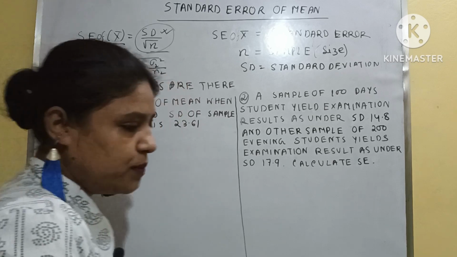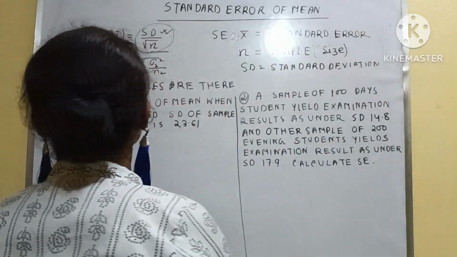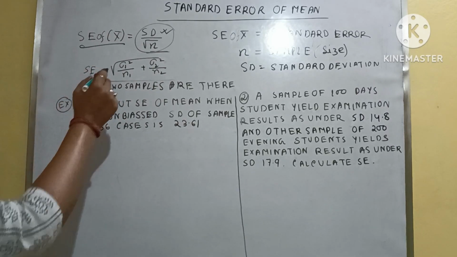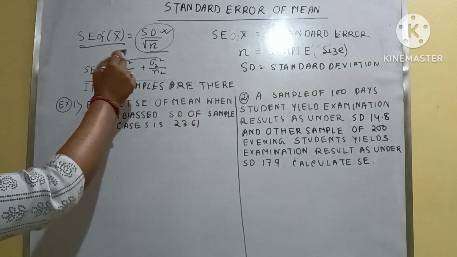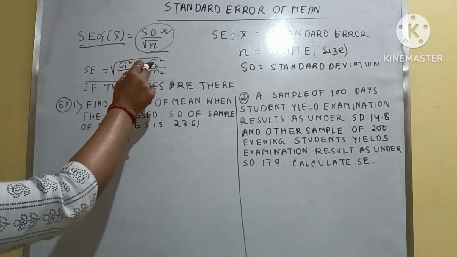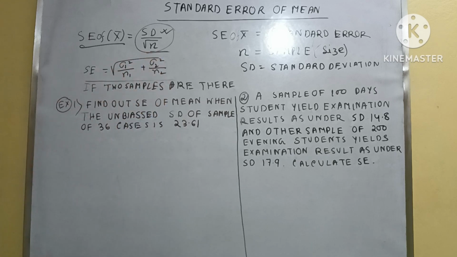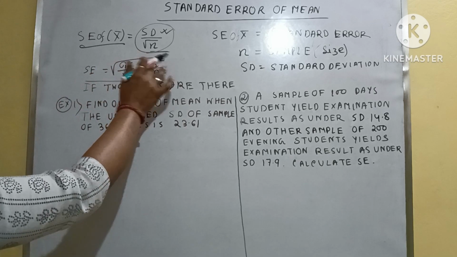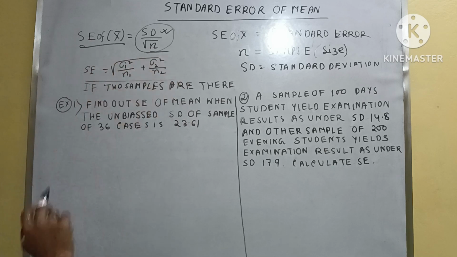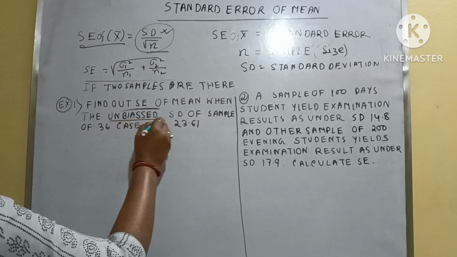Here two problems are there, and the second formula is standard deviation 1 square by n1, that is sigma 1 square by n1 plus sigma 2 square by n2, and these are the two samples with their deviations, and here obviously the SDs are 2. Okay, so the first example: find out the standard error of mean when the unbiased SD of the